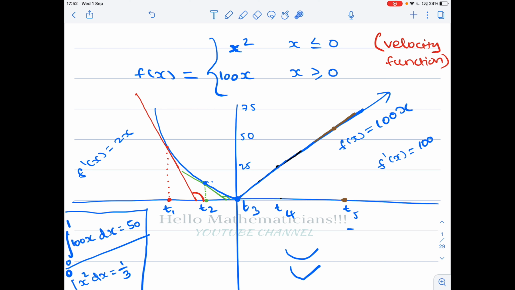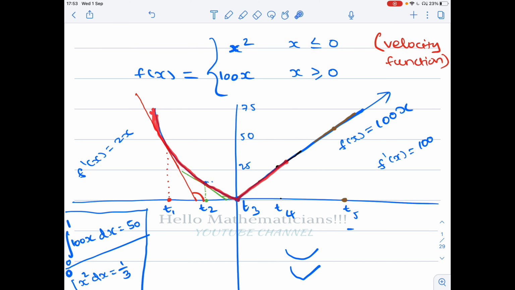For example, at t2 the speed will be something like 15 kilometers per hour. At t1 the speed will be some 40 kilometers per hour. We are given the speed at the corresponding time. At t3 the speed is 0. That means when you reach the time t3 your vehicle comes to rest. So the velocity keeps decreasing, and at t3 it becomes 0.